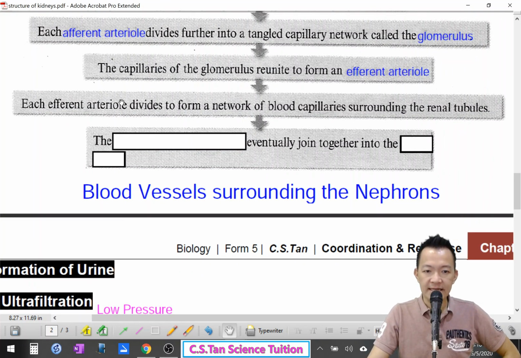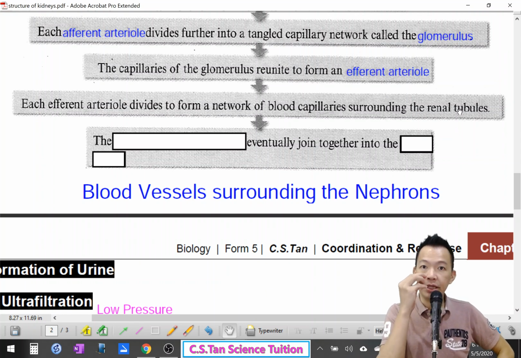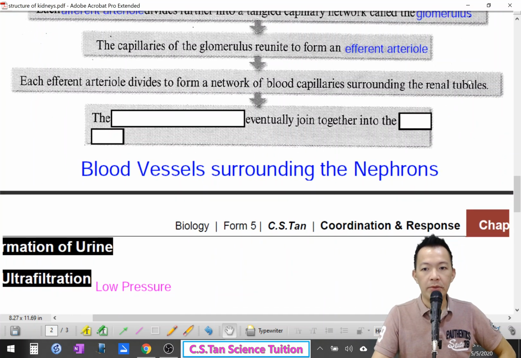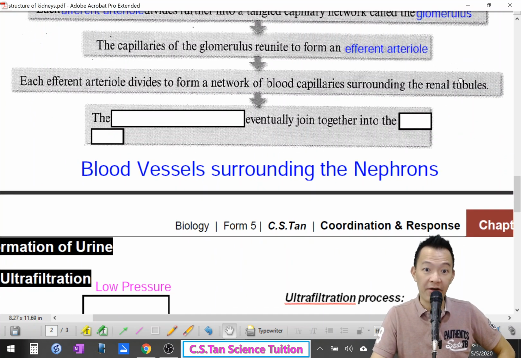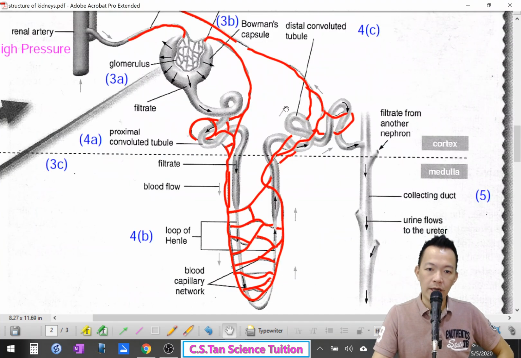And each efferent arteriole divides into a network of blood capillaries surrounding the renal tubule. 过后这些小动脉就变成了微血管, and they're surrounding the renal tubule 它们围绕着肾管道了. Okay, and the network of blood capillaries eventually joins together into the veins. So finally they all join together